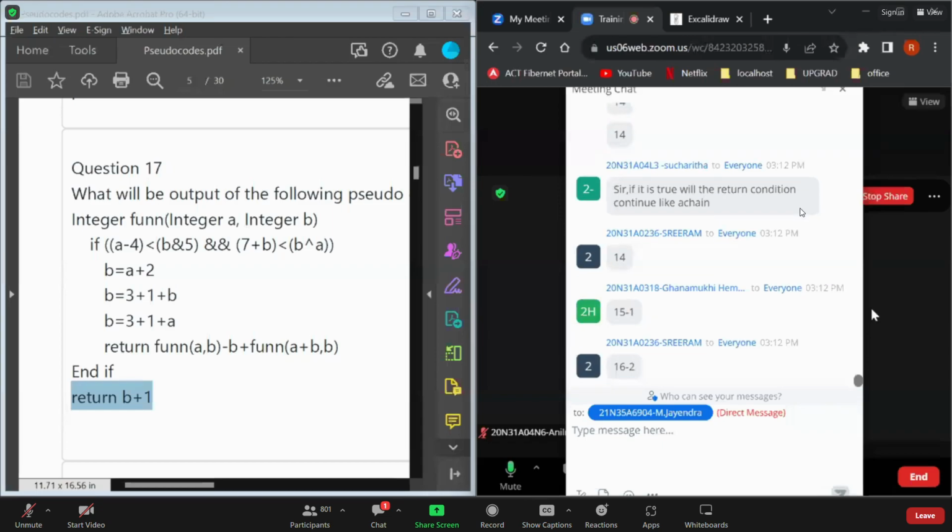So if it is true, will the return condition continue like a chain? Kind of, yes. In a recursive function call, there has to be one termination point. In exams, you will get that, so don't worry about infinite recursion. Sometimes it may result in an infinite recursion, but in examination, these kinds of